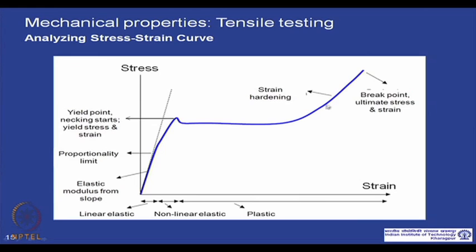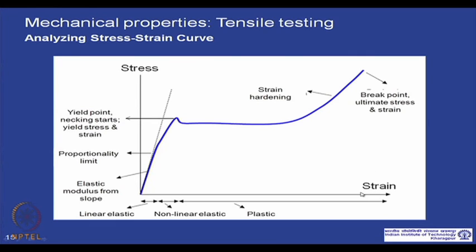You require more stress to give a given strain. This slope sometimes can give us the strain hardening modulus, and this is the point where the polymer breaks, fails, and basically falls apart. The corresponding stress is called the ultimate stress,